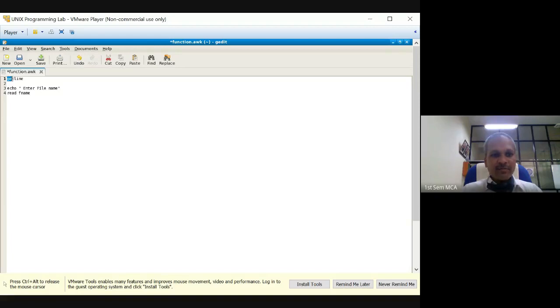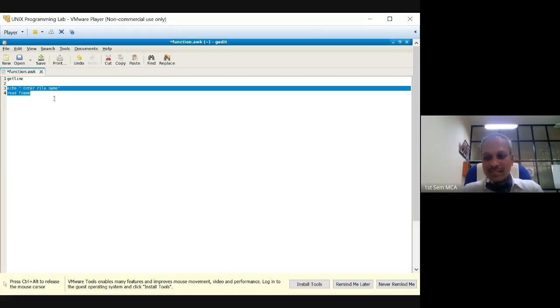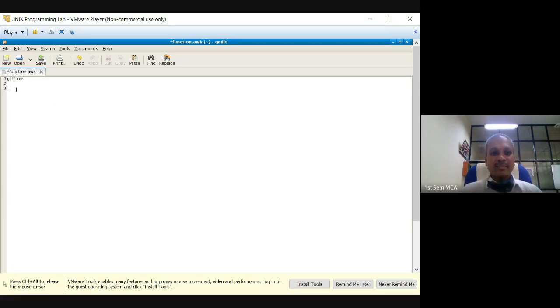In the same lines, we have getline. Whenever I use getline, I'm not going to use it in a shell script, but getline is for an awk script. In awk also, we can say print "enter file name". When I use enter file name, I can use getline fname. That's all the difference. Instead of read, we are going to use getline here. So getline is another statement of AWK, similar to read.